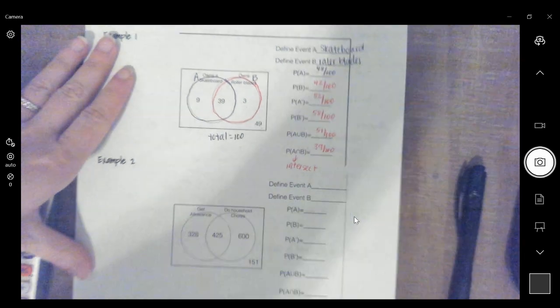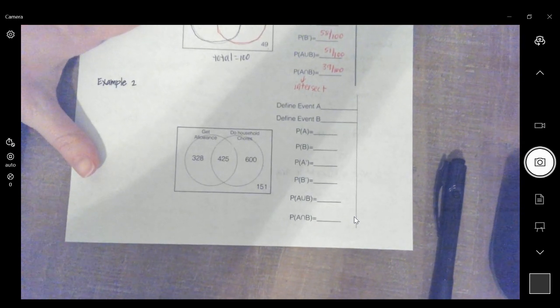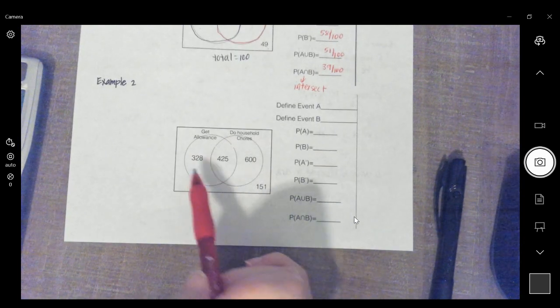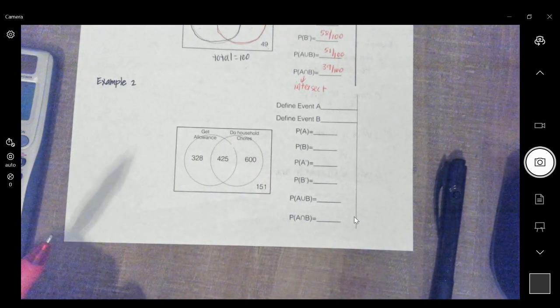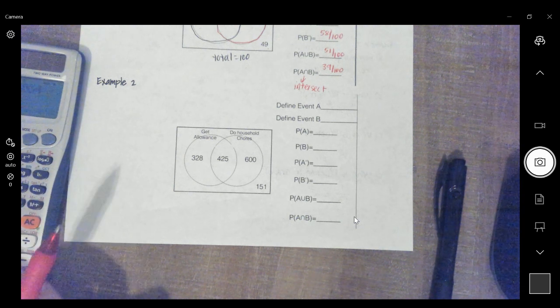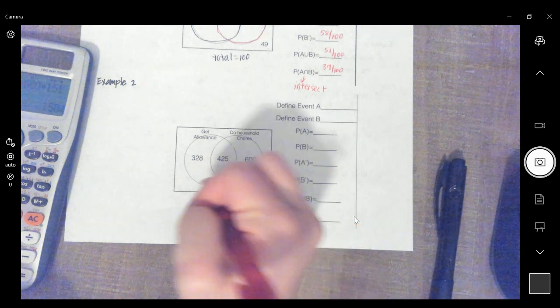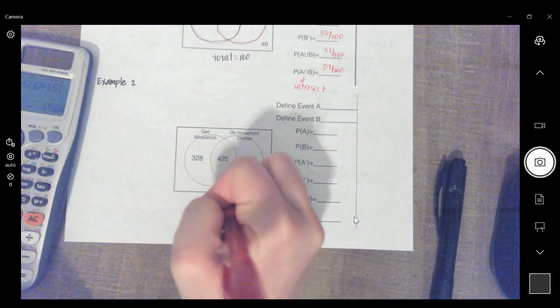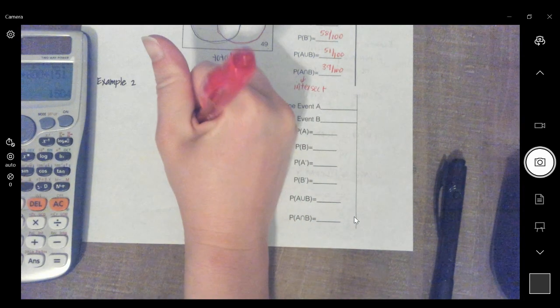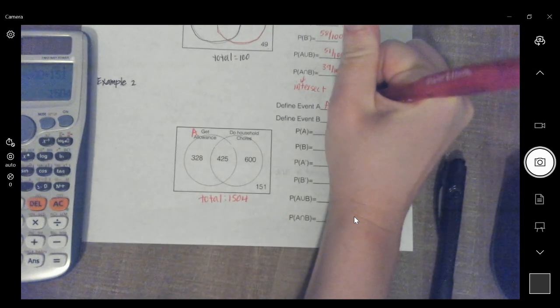So we'll do one more example. If you want to try it by yourself and then come back and check with my answers, that would be a good idea. But if you don't, you can just kind of go through with me as well. So we need to add those together. So 328 plus 425 plus 600 plus 151. So this one's a big total. So 1,504. Okay, so let's do A is the allowance,